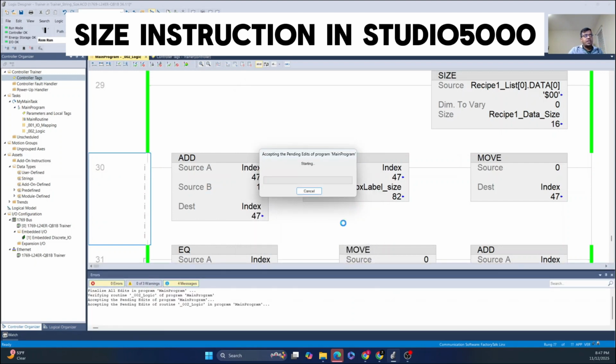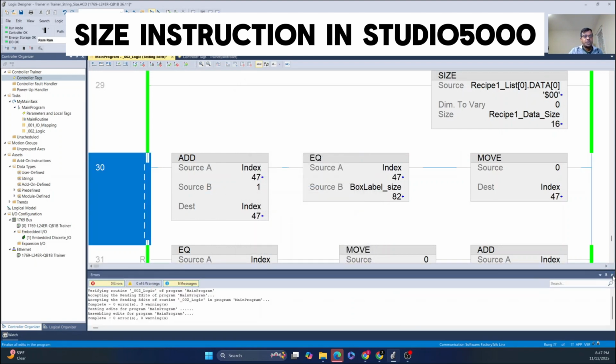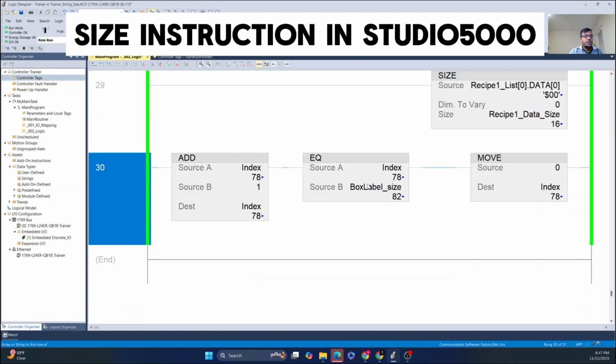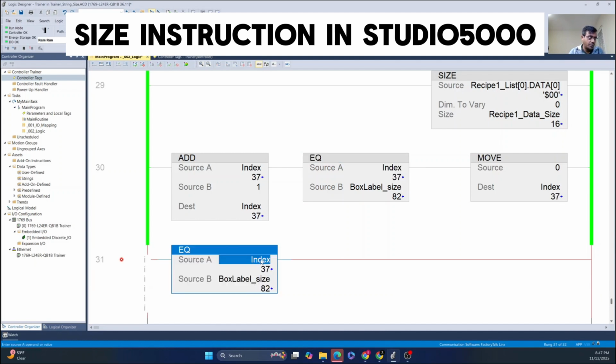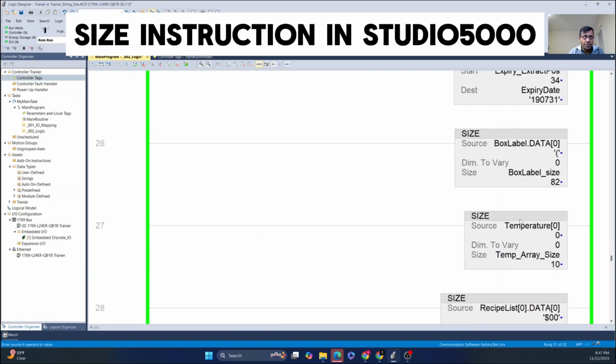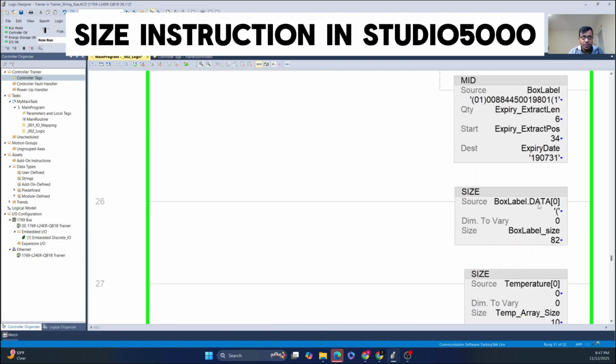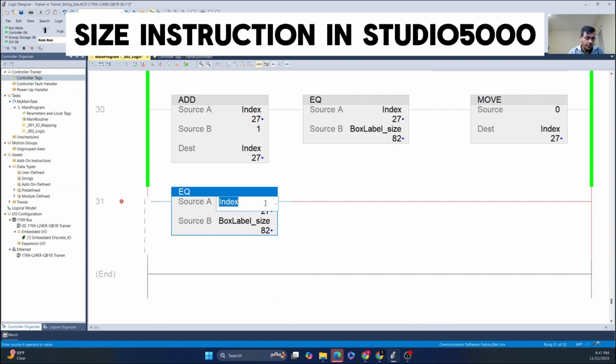So what this will do is it will keep adding 1 until the equal to instruction becomes 82 and we reset, right? So this is a simple kind of a for loop which keeps looking. And if I have a condition, for example, I want to look for a specific character in the string, I can use an equal to, and we know it's a box label dot data, right? So we'll say if box label dot data